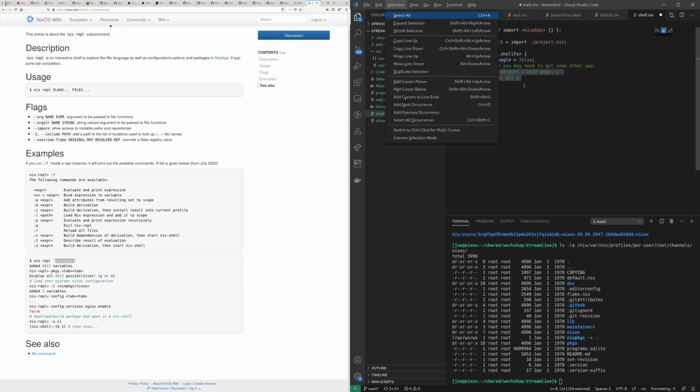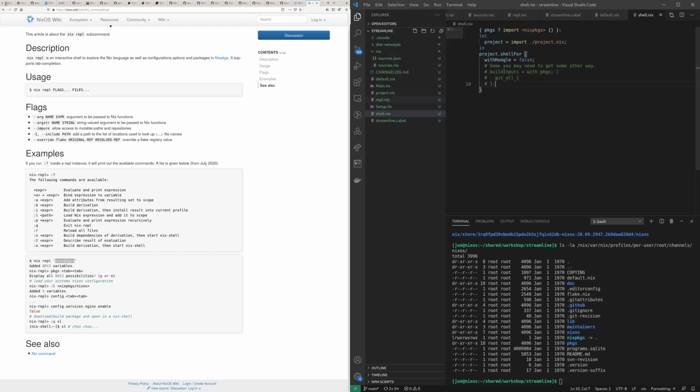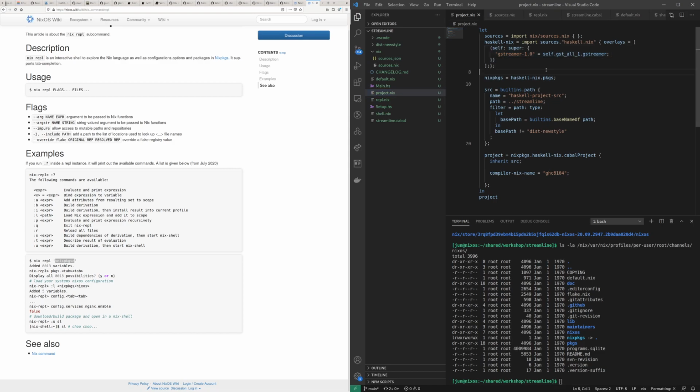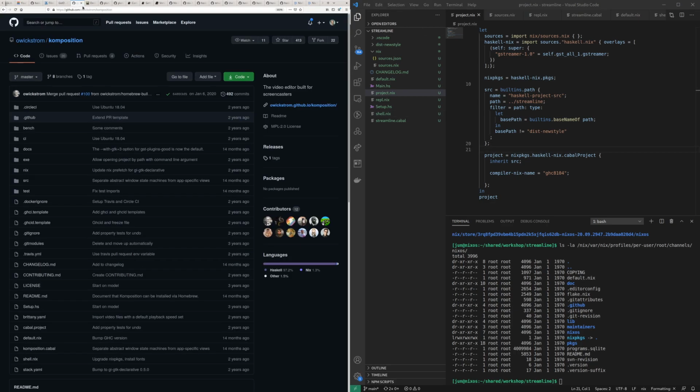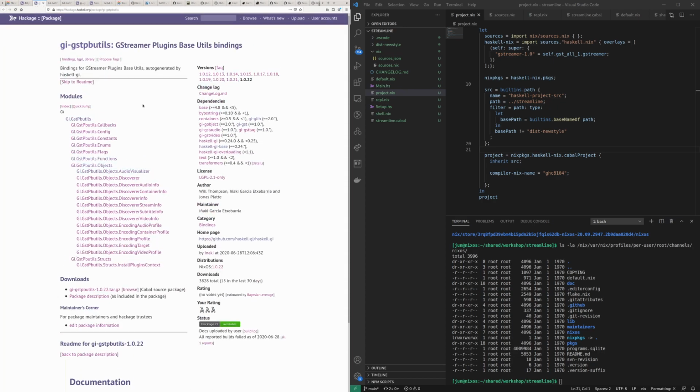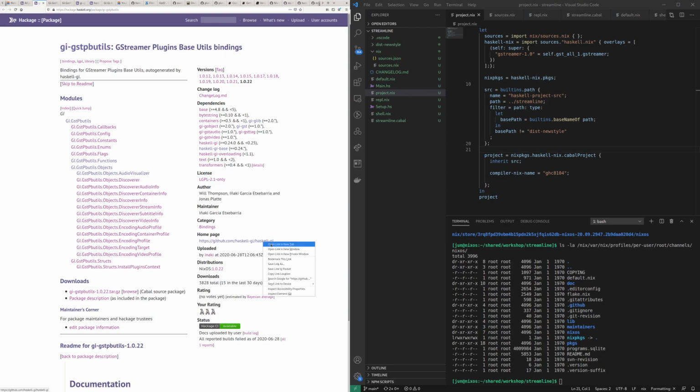Don't think we need that here. But then I don't understand. We did the overlay thing, and I mean, it could be that it's related to this corner case of having a module name with a dot in it. I suppose, okay, I suppose that the natural next step would actually be to just download Haskell GI,